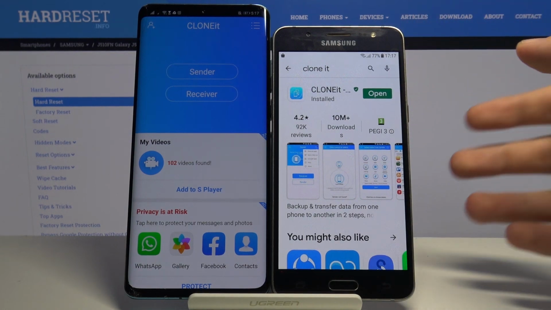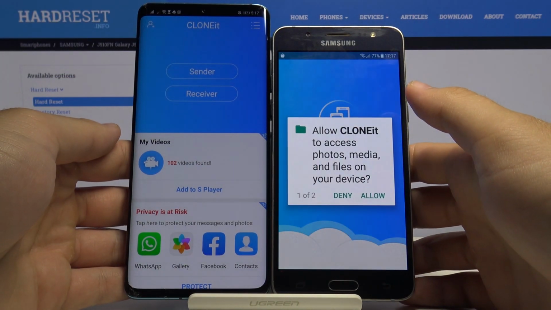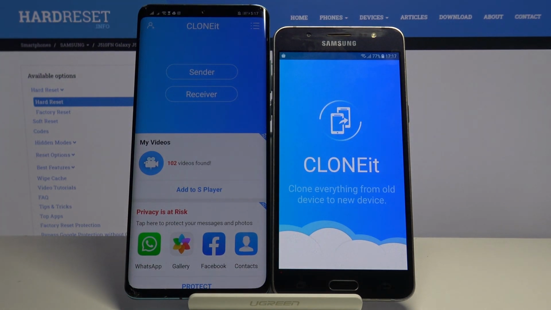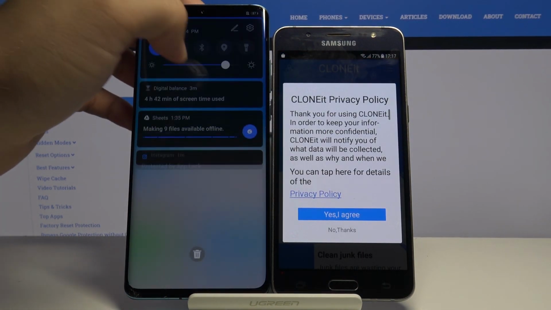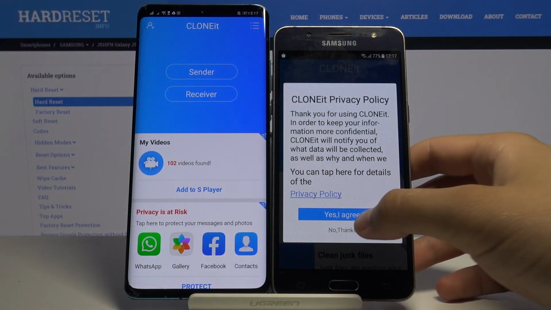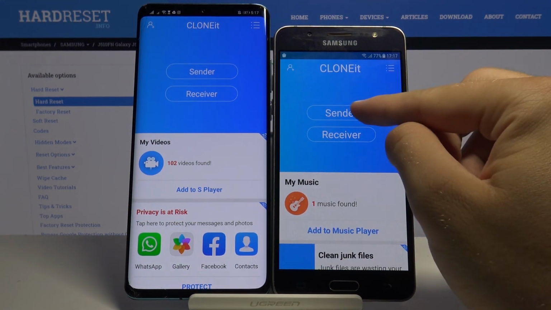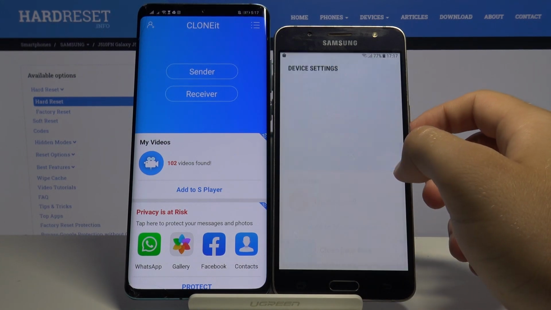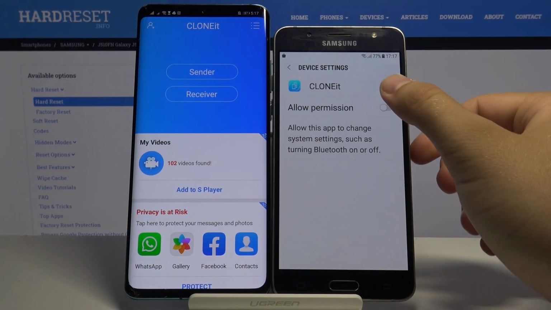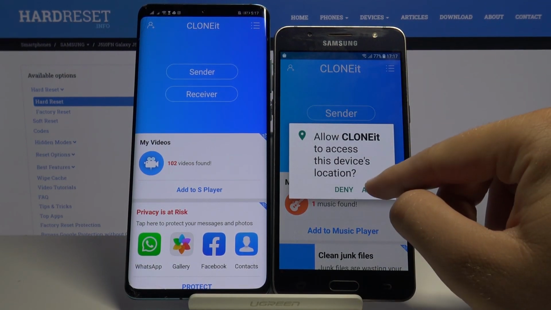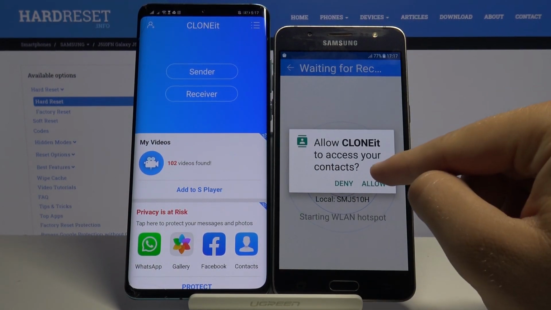Let's open it when it's finished. Click allow. Click yes, I agree. And right now we have to click sender on your J5. Click OK. Allow the permission, go back, click sender one more time, click allow, allow,